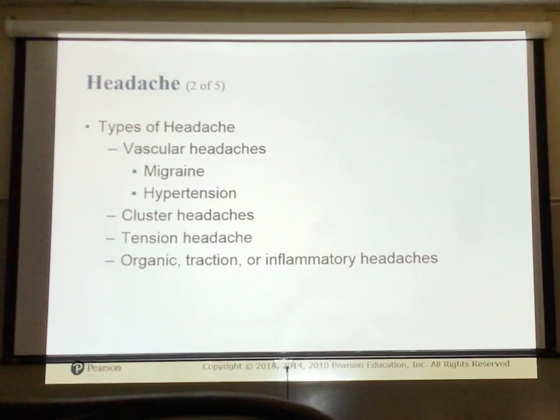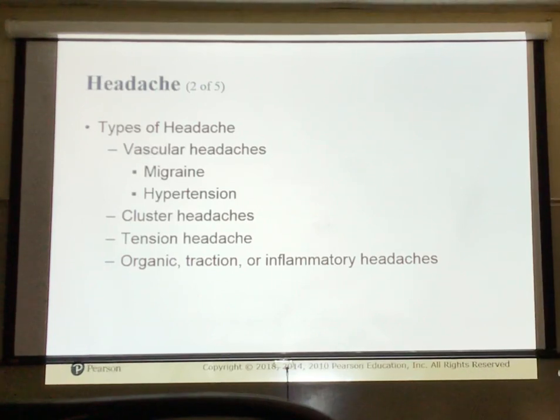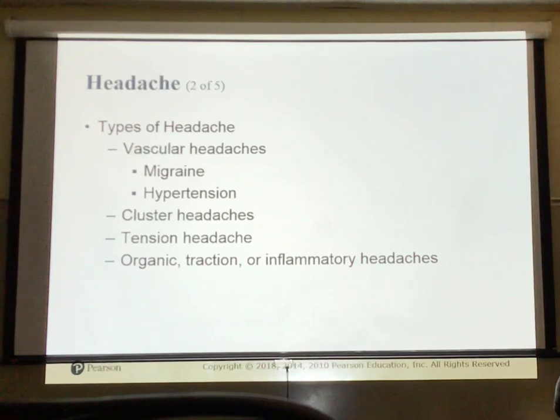Migraines are often described as throbbing and can be generalized or localized to one side of the head. The patient also commonly experiences sensitivity to light, known as photosensitivity or photophobia. Nausea, vomiting, and sweating. A vascular headache can also be caused by high blood pressure,